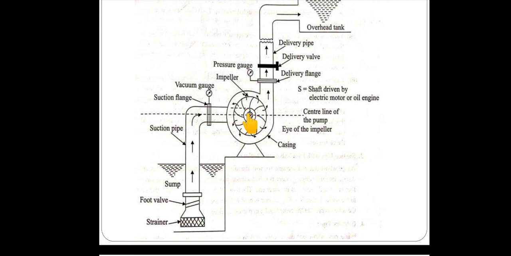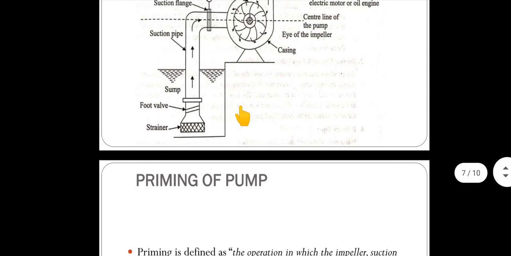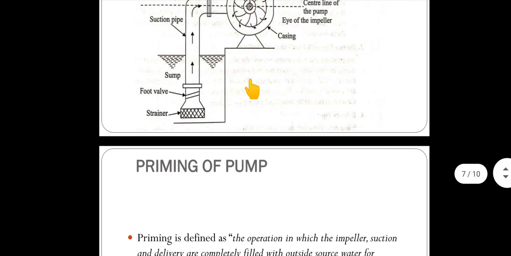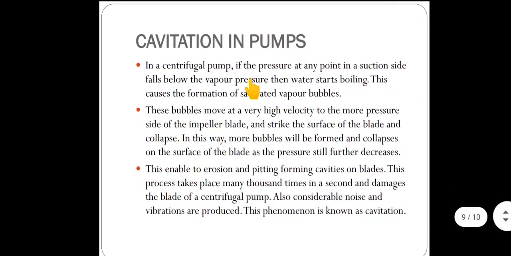Boiling means pressure decreases. Due to the decrease in pressure, whatever temperature, 27 degrees, comes here will start to boil. The vapor bubbles which are formed here come in contact with this impeller, which is made up of iron, so that leads to corrosion or erosion of the material. So we have to design a pump in such a way that this pressure should be minimum, and the boiling should not take place at this point. Then we can avoid the cavitation in the pump.